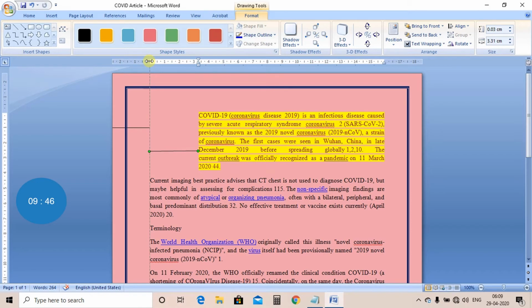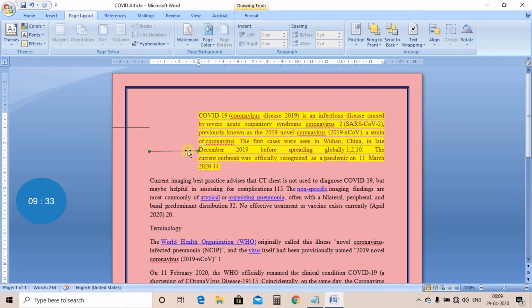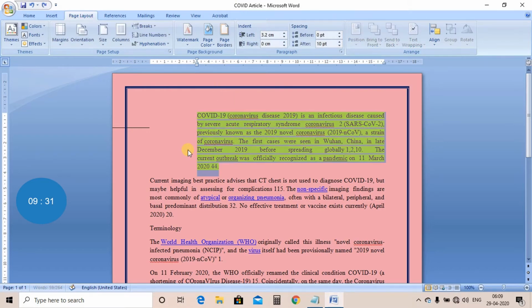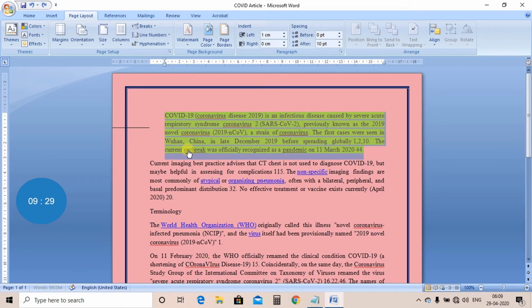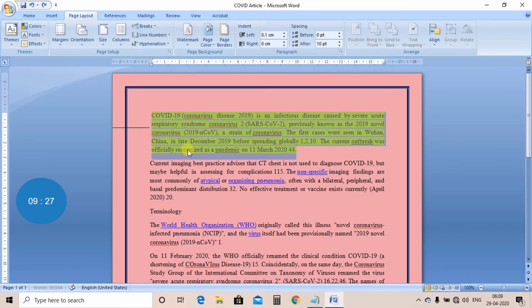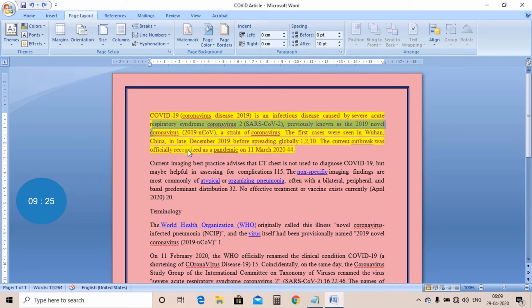Now you see the margin is here. The space from the margin of the page to the text, this space is called indentation. Is that clear? Now we are just undoing it so that it can come to the normal part.